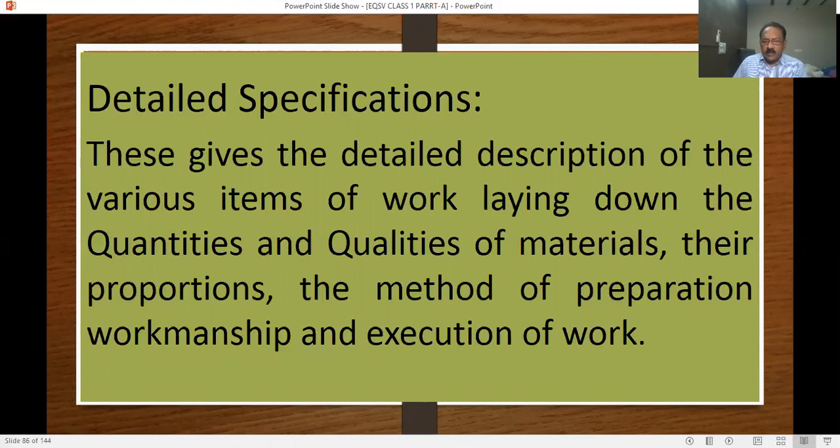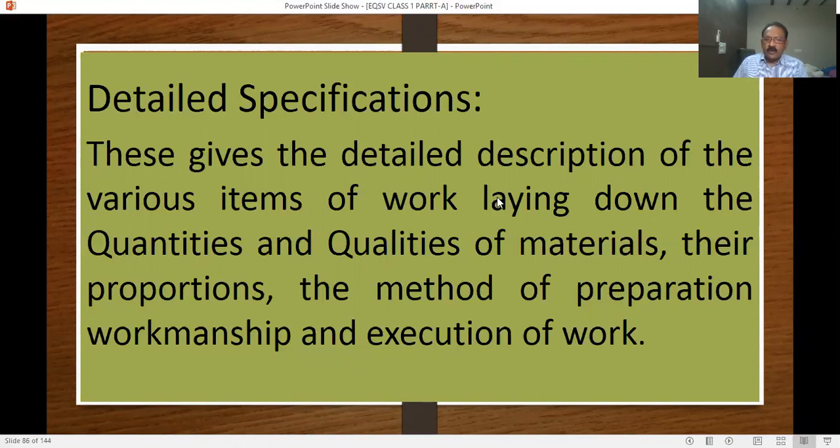What are the quantities required for RCC columns? What is the mix ratio? What is the quality of material? For flooring, are you going to use granite or marble stone?